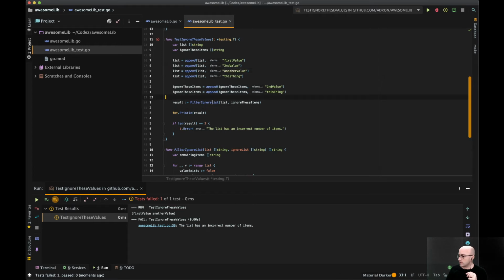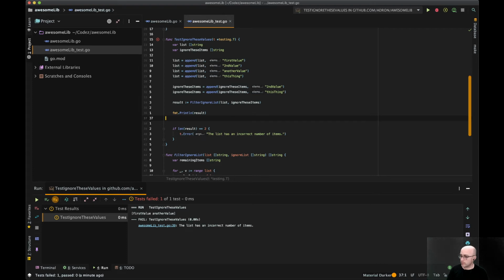If I look at this, filter ignore list, list, ignore these items. The question is, what is happening with this count? So let's do this. Let's print out with format.Println or print. Actually, let's use printf.